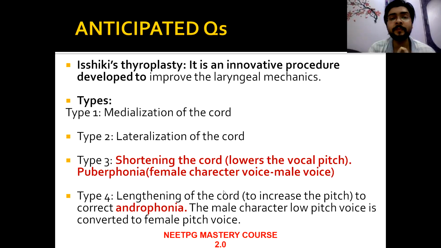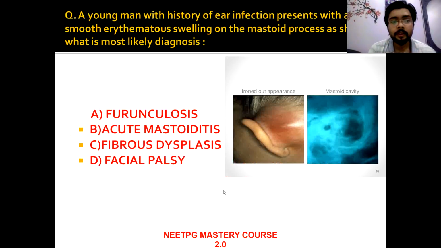In case of androphonia, where we need to correct the low pitch to a female voice, that is high pitch, we lengthen the cord, we stretch the cord so that pitch gets increased. So in case of puberphonia type 3, in case of androphonia type 4. So another MCQ. Now this was the third question which was asked in